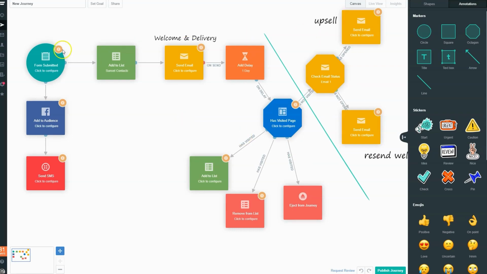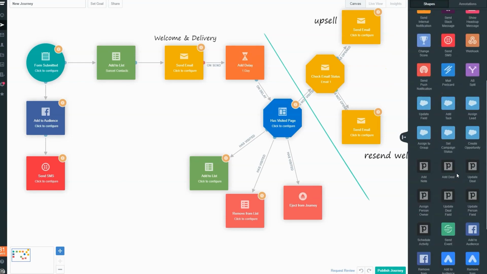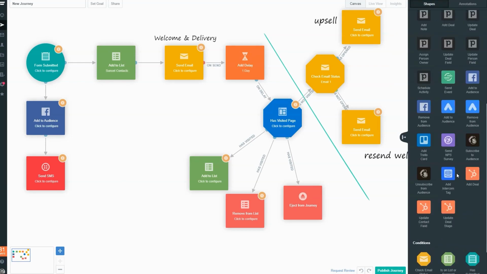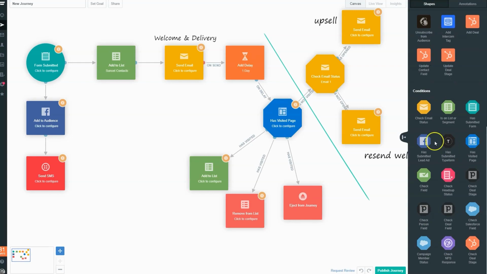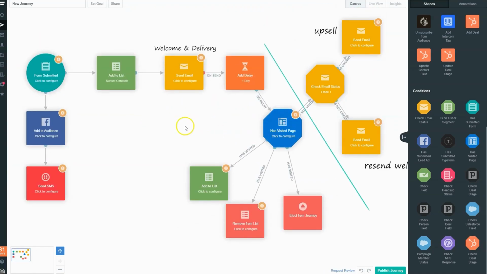And again, it's not just email. As you can see, it's Facebook audiences, it's SMS marketing, a whole lot of other things that we could have done here. We could go in here and integrate with that postcard shipping service and have postcards sent to these people depending on what information they submitted in the form. You can do pretty much anything with marketing automation, and hopefully this has sort of helped you get comfortable with